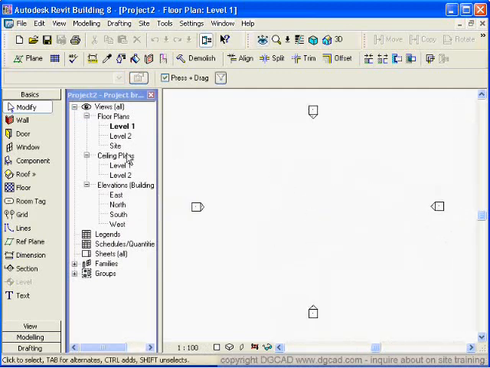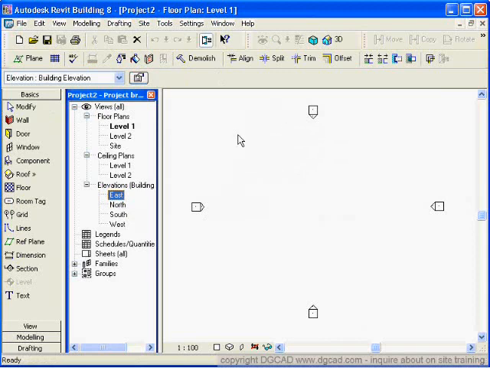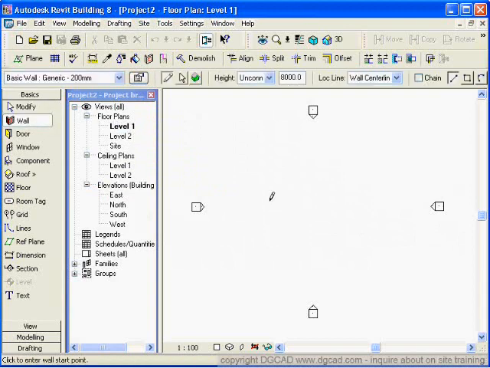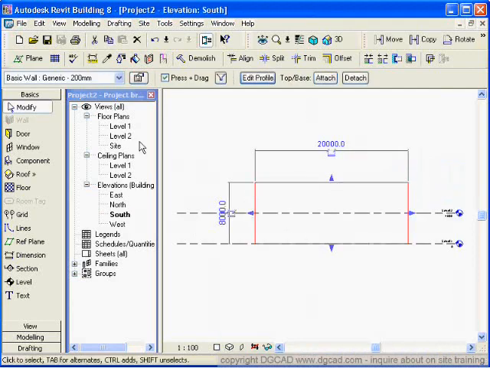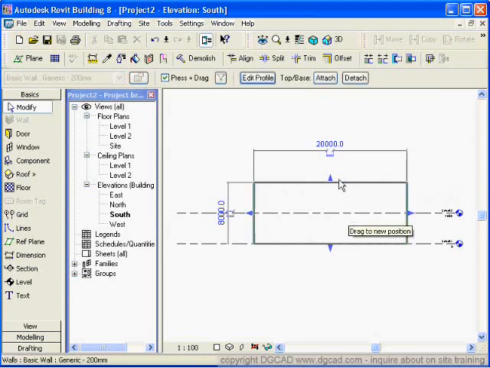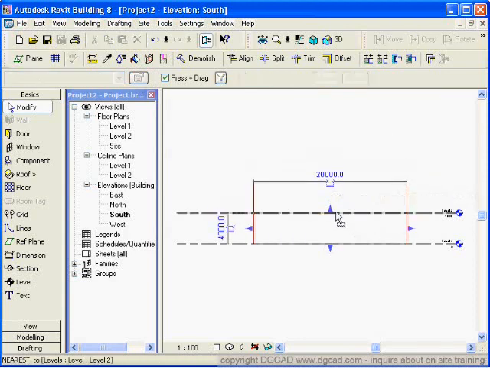And there's really nothing in there except that it's got some pre-created elevations that are sitting inside of here, and if you draw in here, it'll automatically get created. If I go to my first level and I go in and I draw a wall on there, hit escape, and I go back to my south elevation, well, there's my wall that I just drew on level 1, and that's the height of it. And of course I can take that object and you can grip them and do all kinds of stuff, and it will update in all of the views. If I look